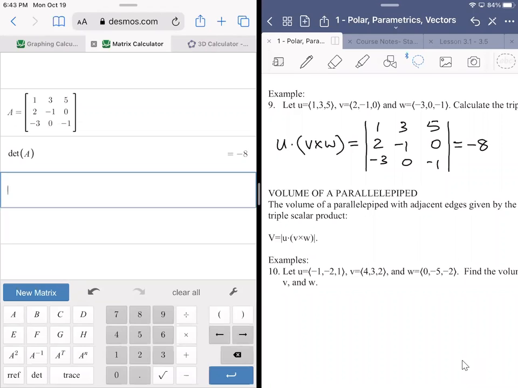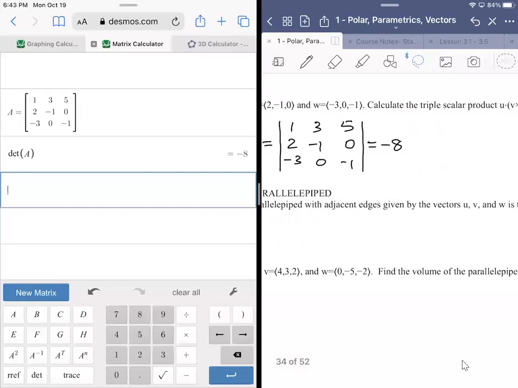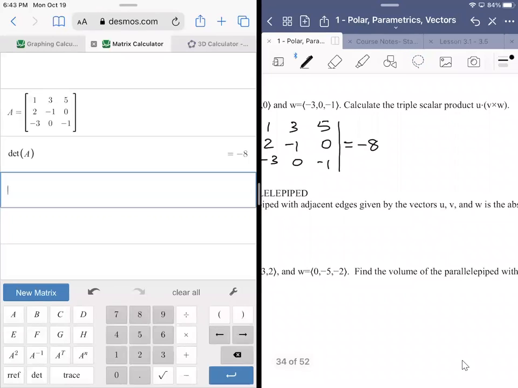So when you think of it in that context, it's like, all right, well, that's good. Now, what does that mean? What does that tell us? Well, what we're getting from this is the volume of a parallelepiped whose corner is made up by the adjacent vectors u, v, and w, right? So this would be the volume